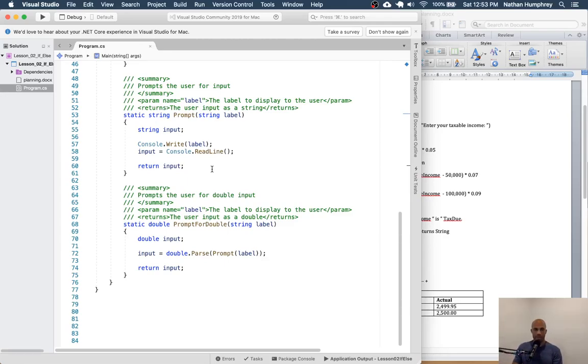Use them in whatever way makes the most sense. But now I've got a method that I can use to prompt for strings, and I've also got one that I can use to prompt for doubles. And what I want to show you here, just before we get into the refactoring piece, is this idea that